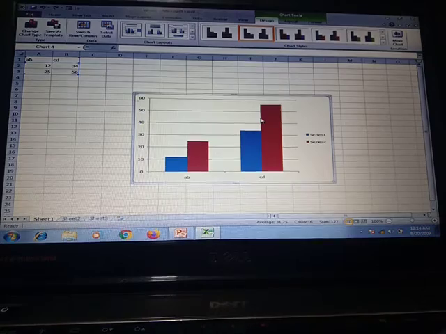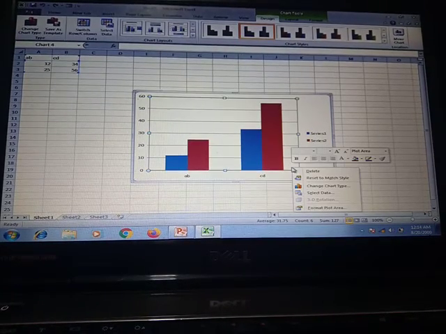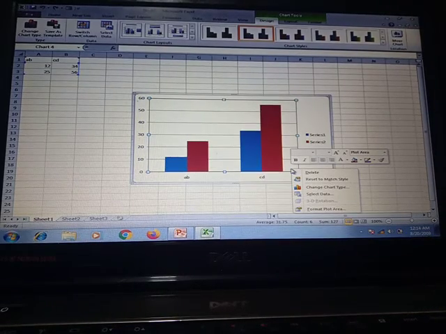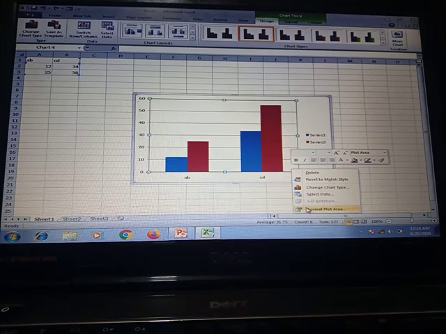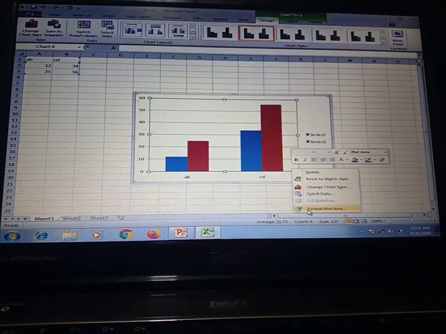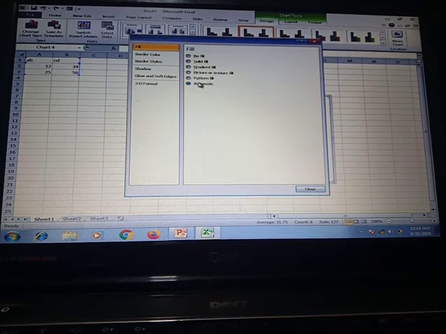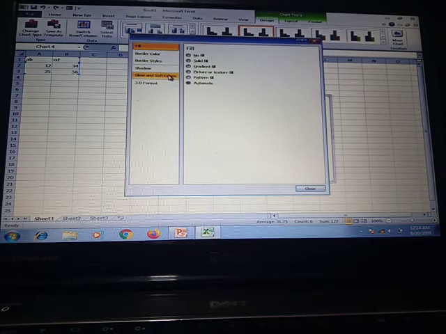So we have to click in the plot area. To format the plot area, we can see the last option, format plot area. In format plot area, we can change the border color, border style, shadow, glow, soft edges, 3D format.